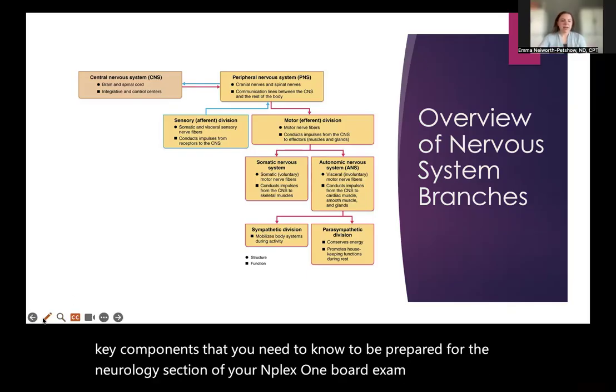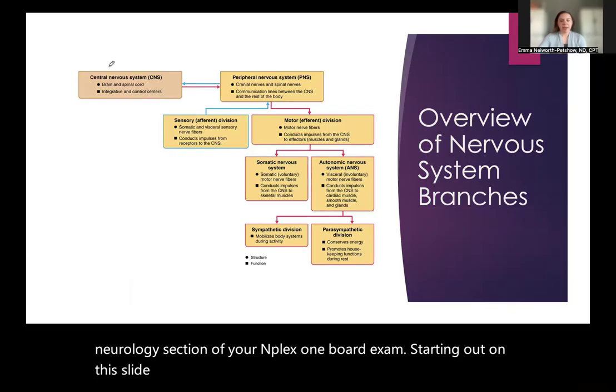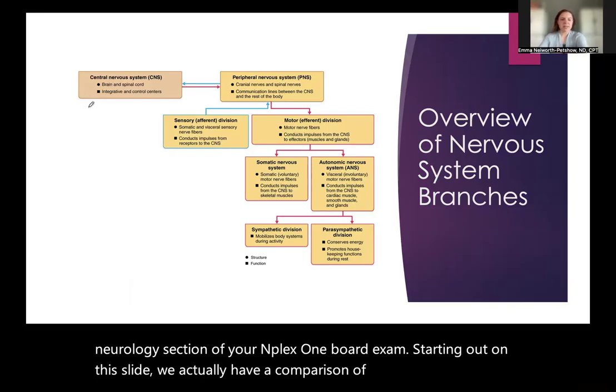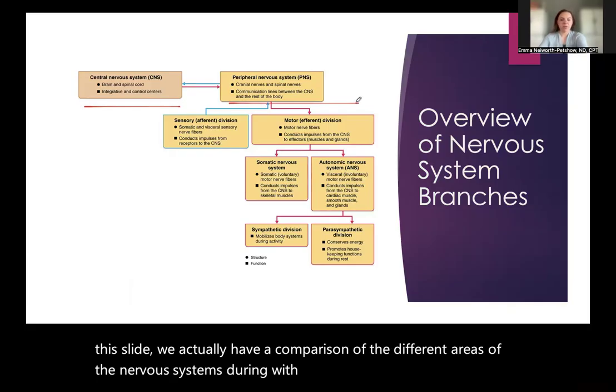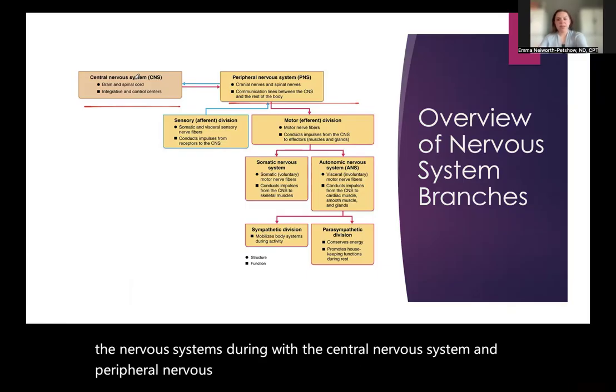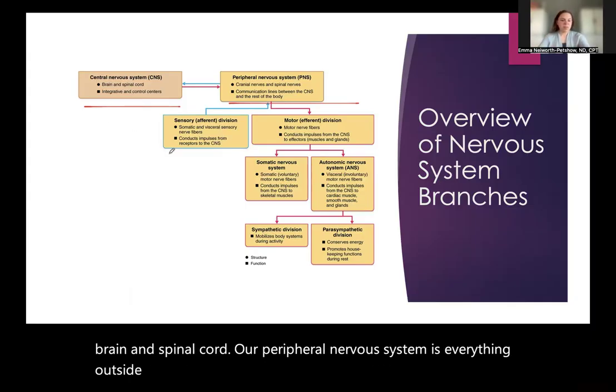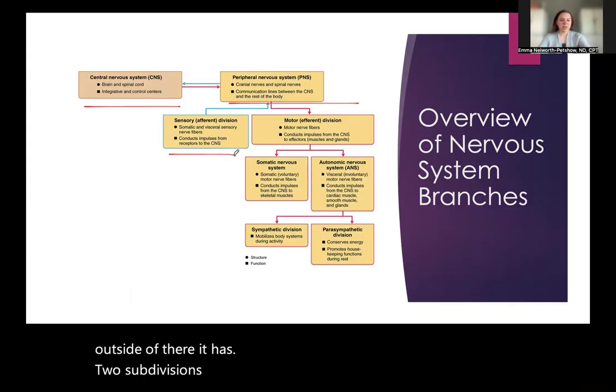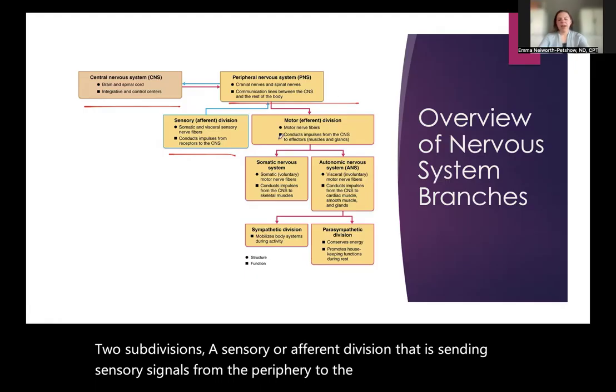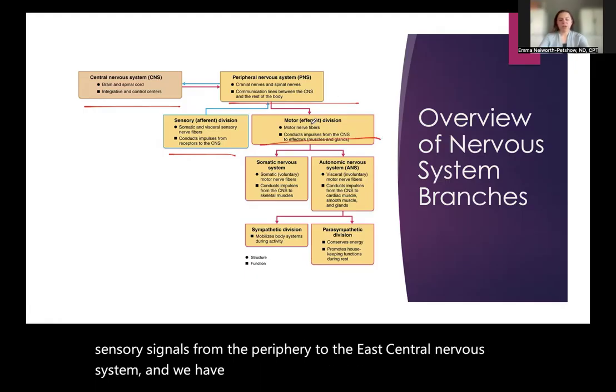Starting out on this slide, we actually have a comparison of the different areas of the nervous system, starting with the central nervous system and peripheral nervous system. Central nervous system consists of the brain and spinal cord. Our peripheral nervous system is everything outside of there. It has two subdivisions, a sensory or afferent division that is sending sensory signals from the periphery to the central nervous system. And we have the motor efferent division, which is all motor fibers sending information out to the periphery